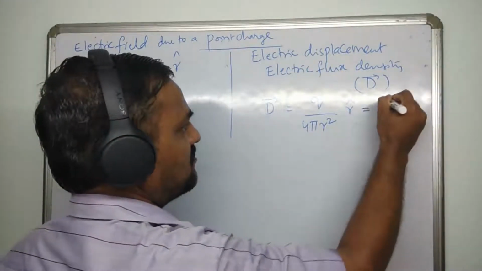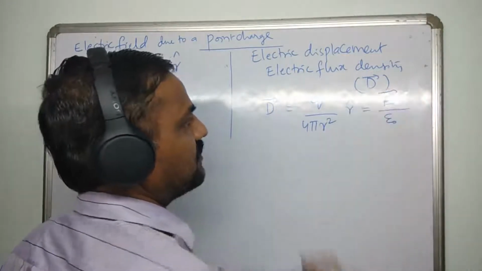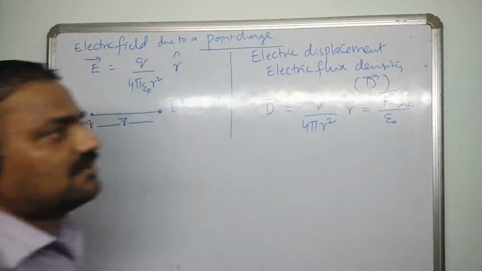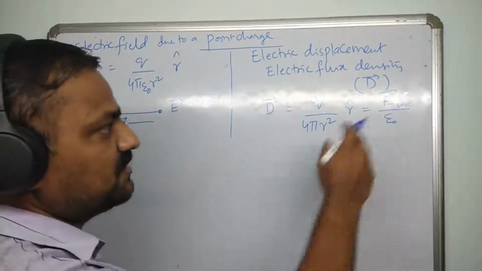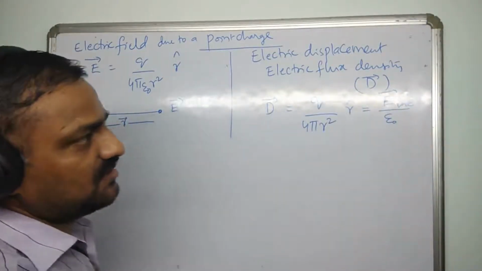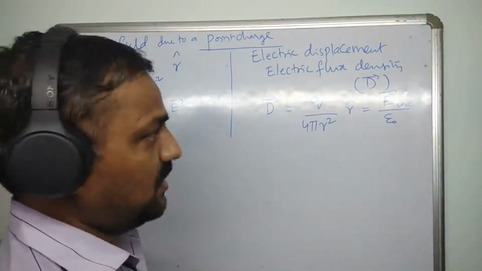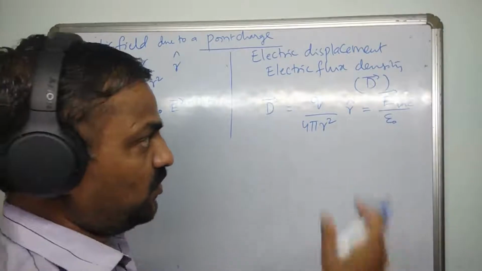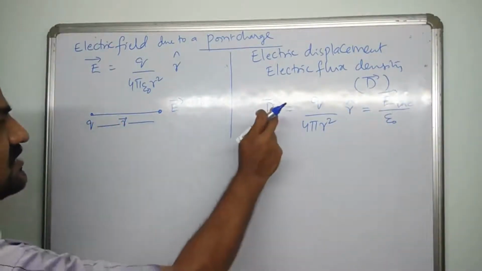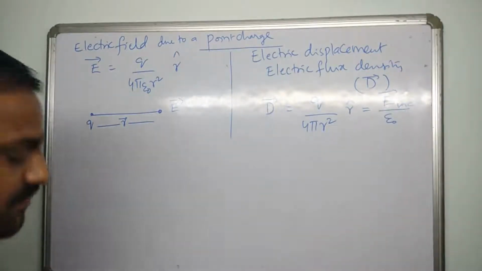So this is also equivalent to E divided by epsilon naught. Here I denote this E as E vacuum. Why? Because there is no medium in the middle, it's an empty space. So only in empty space this relation is valid. Whereas if you take a medium in the middle, this E medium won't hold. Only E vacuum holds this relation. So this is regarding electric displacement D and electric field intensity E due to a point charge.